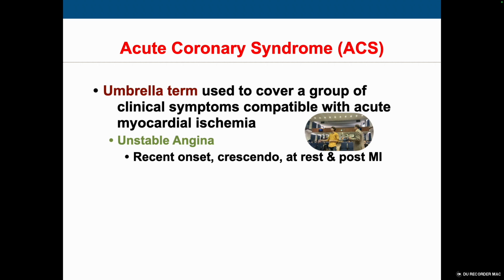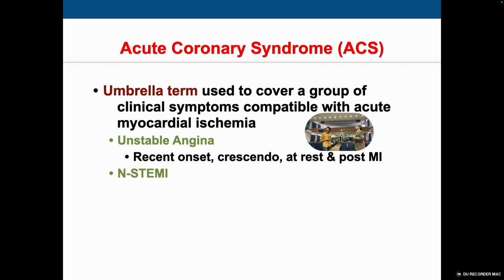Now, what is unstable angina? It's a recent onset angina, within the past 2 months. It is crescendo angina. What is crescendo angina? Angina coming with lesser and lesser efforts. It means the size of the plaque is increasing, which is limiting the blood flow. Angina which comes at rest, or post myocardial infarction angina, they are all called unstable anginas. This is one of the